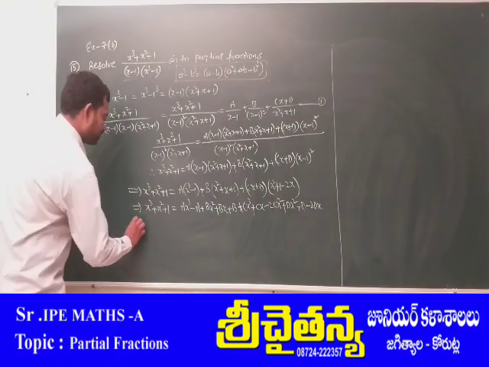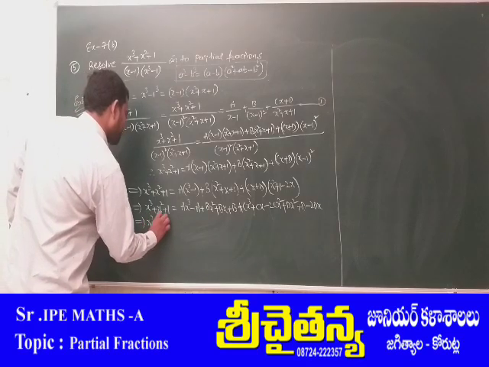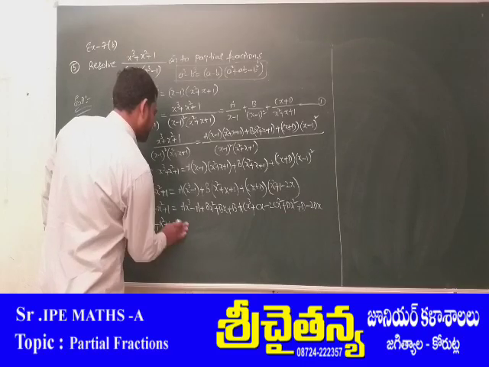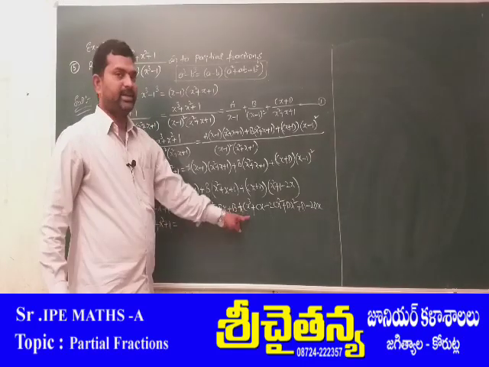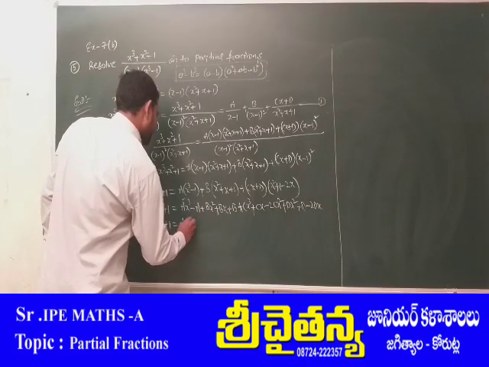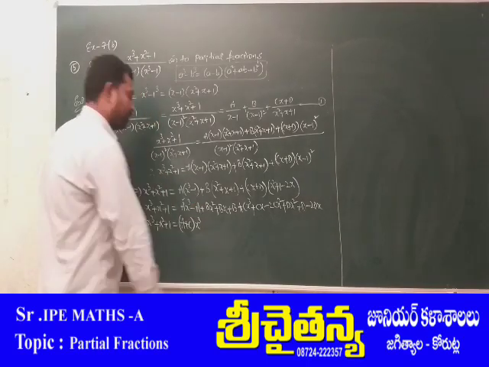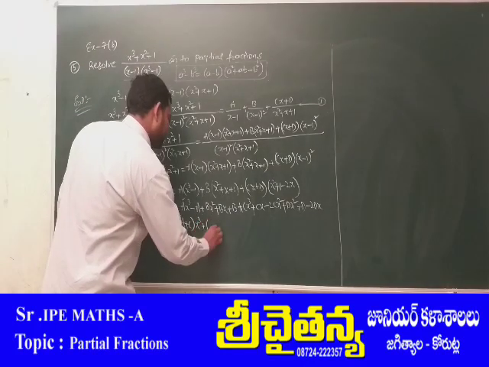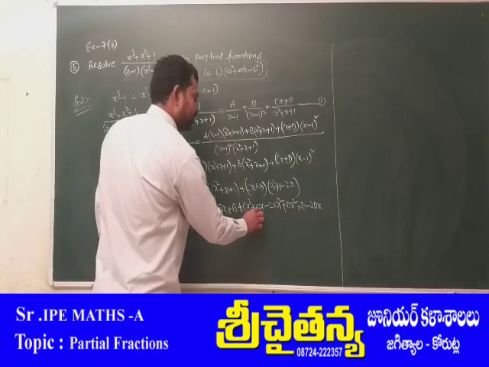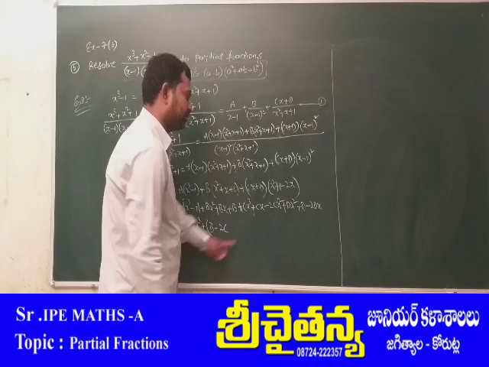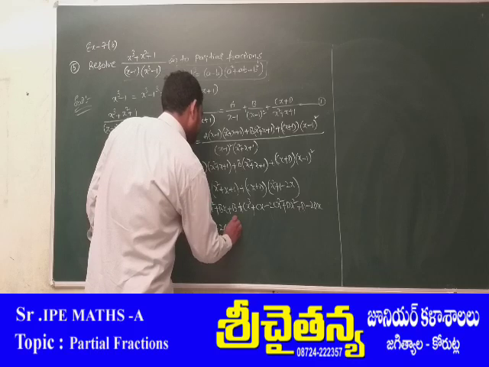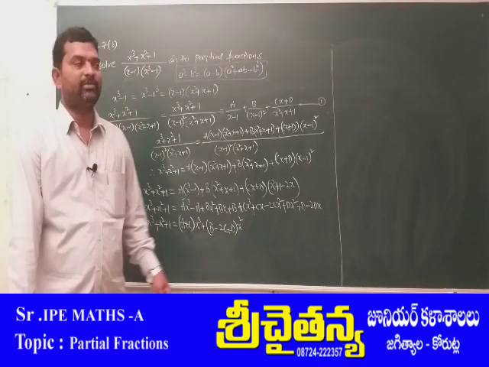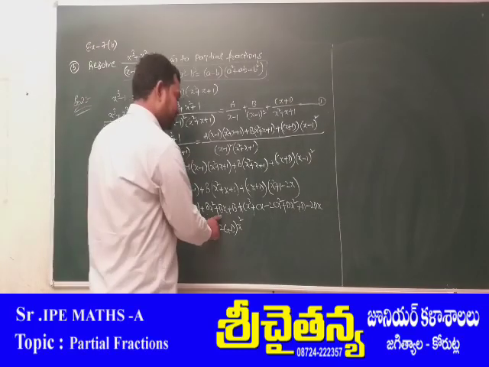Okay, right. One more step here: x cube plus x square plus 1 is equal to, first write the x cube coefficients. The x cube coefficient is ax cube and cx cube. That means a plus c times x cube. Next check out the x square coefficients. What is the x square coefficient here? b, next minus 2c, next plus d into x square. Next after x cube and x square, which terms will be there? x terms will be there.